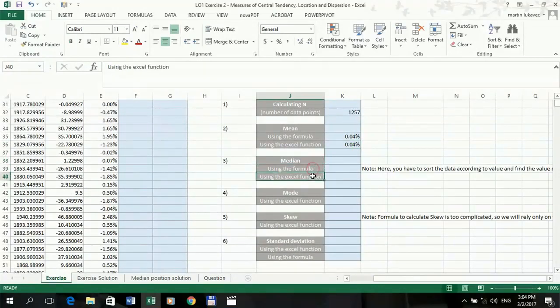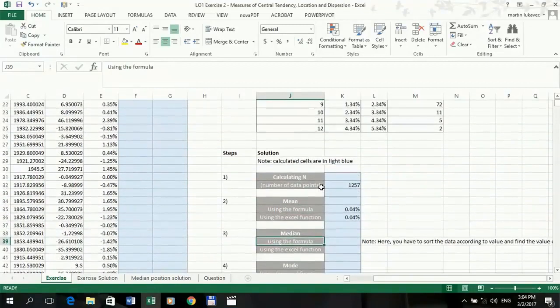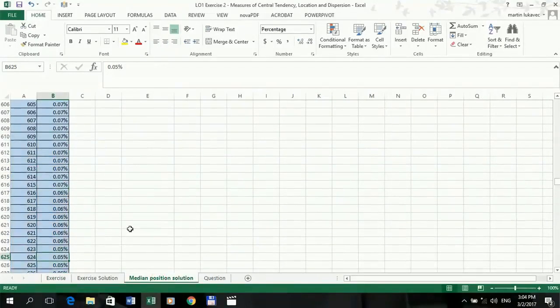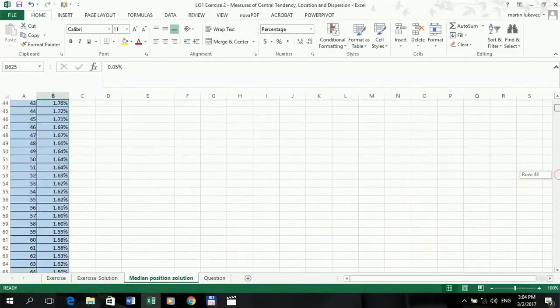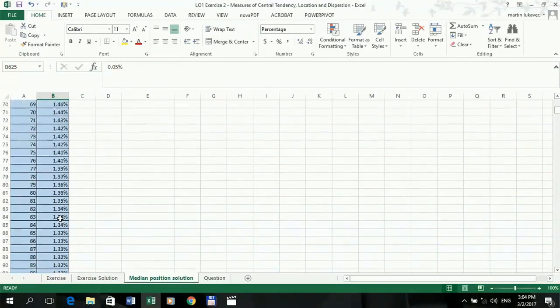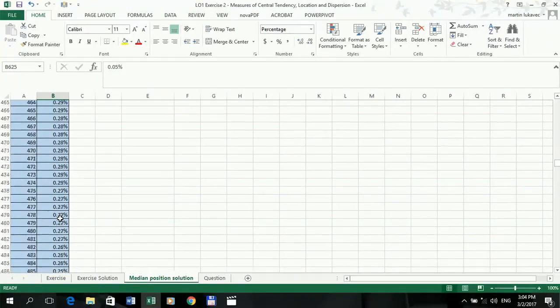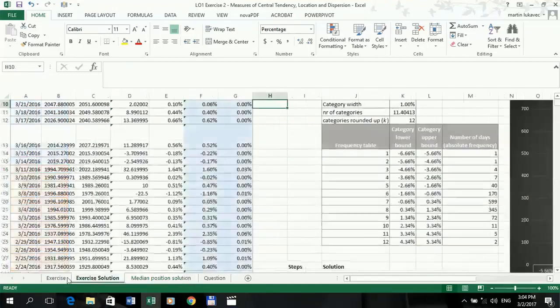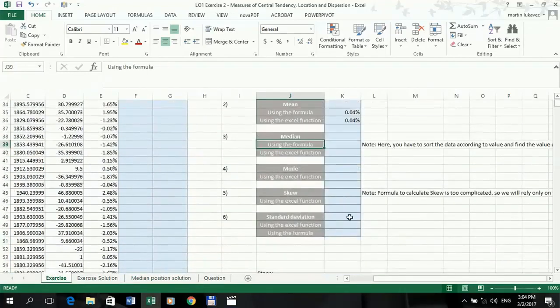With median, it's a little bit more complicated because median is the middle number of the distribution. So what I want to do is copy this whole column into a separate sheet, which I've already actually done over here, number them, sort them by their values, and then find the middle number. I did it here previously, and as I scroll down, it should be somewhere over here, and this is the median number. So it's 0.05. I can just write it down over here, 0.05,